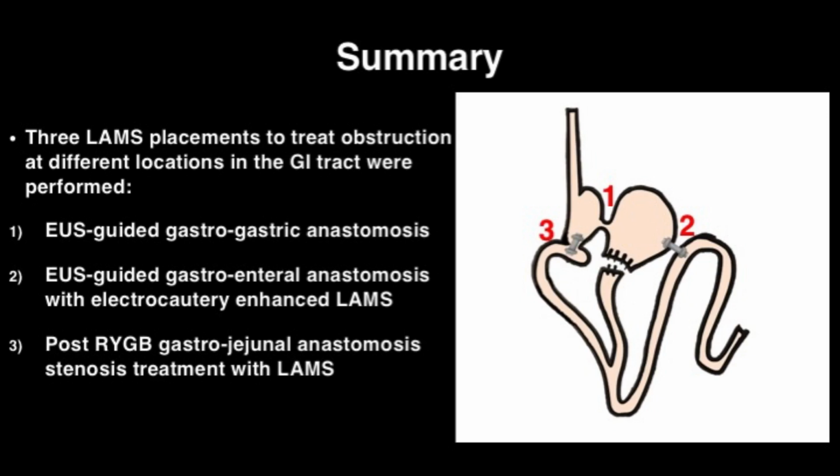In summary, 3 LAMS placements to treat obstruction at different locations in the GI tract were performed. First, we performed an US-guided gastrogastric anastomosis. Second, an US-guided remnant gastroenteral anastomosis with electrocautery enhanced LAMS was performed. And finally, a post-Roux-en-Y gastric bypass gastro-jejunal anastomosis stenosis was treated with LAMS. In all cases, a 15 mm LAMS was used because we think that this size has a good balance with